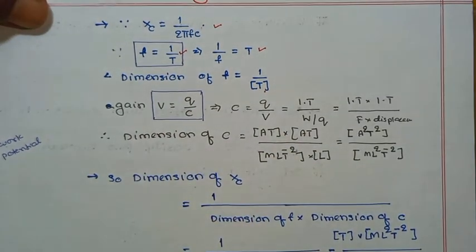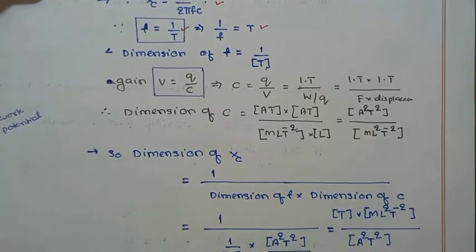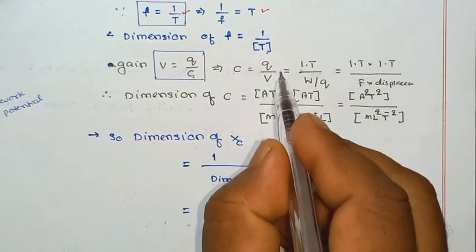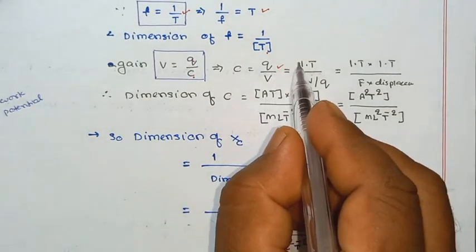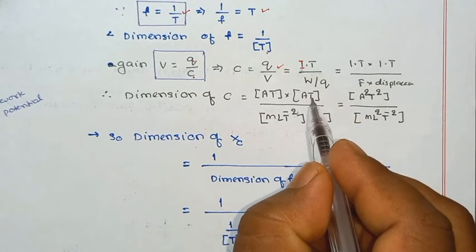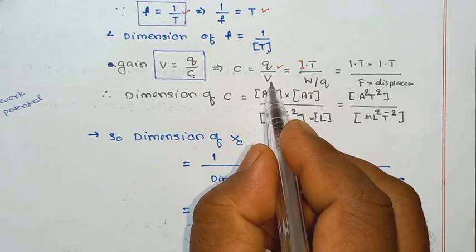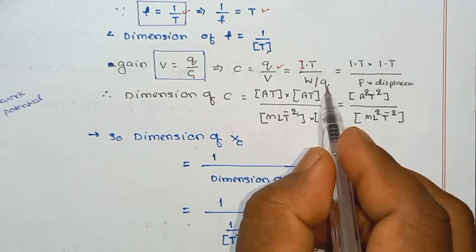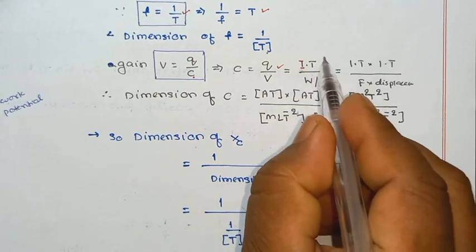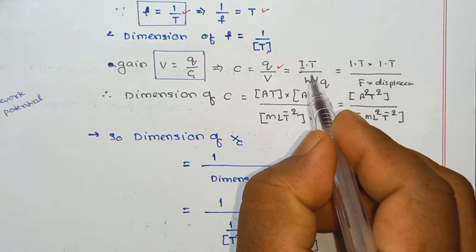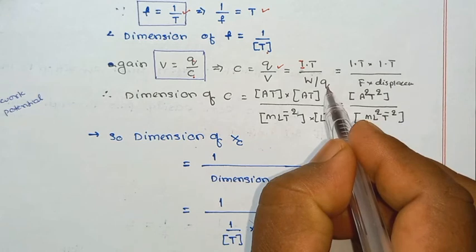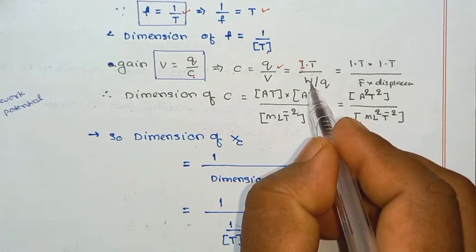Again, we know that V is equal to Q by C. From this relation, we get C is equal to Q by V. Again, Q is equal to IT. And V is the potential. So potential is equal to work by charge. So after simplification here, C is equal to IT into IT because Q is IT and work is equal to